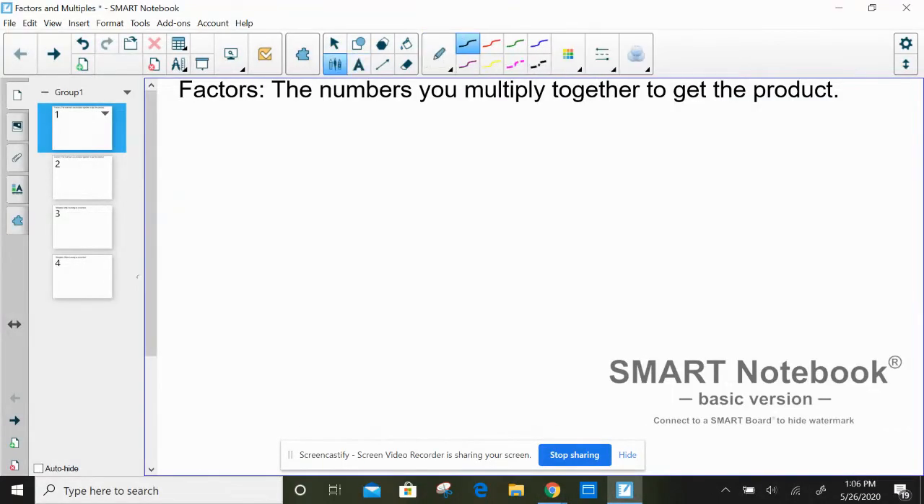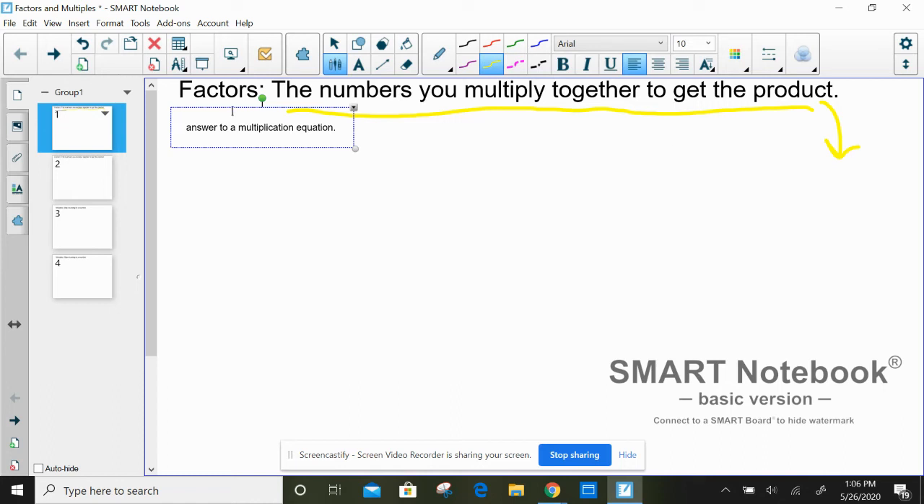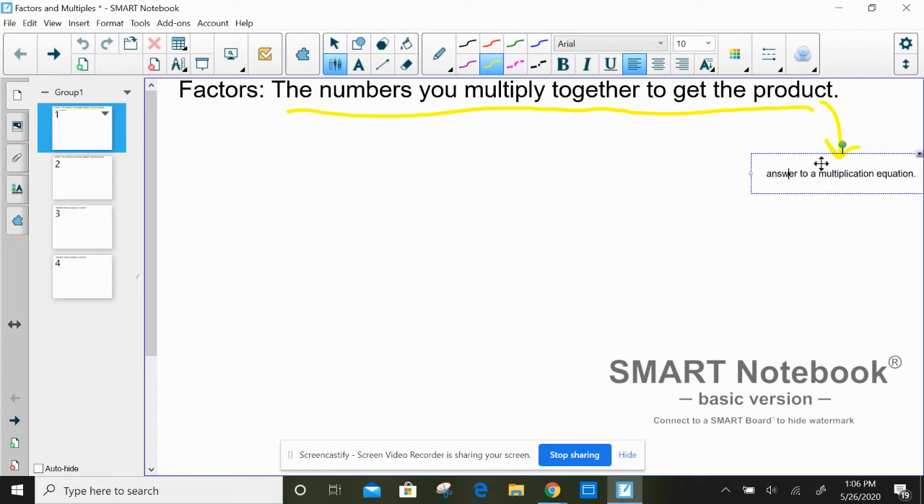In this video, I'm going to go over what factors and multiples are. Factors are the numbers you multiply together to get the product. And a product is an answer to a multiplication equation. That's a product, okay? So a lot of times the best way of figuring out the factors of a number